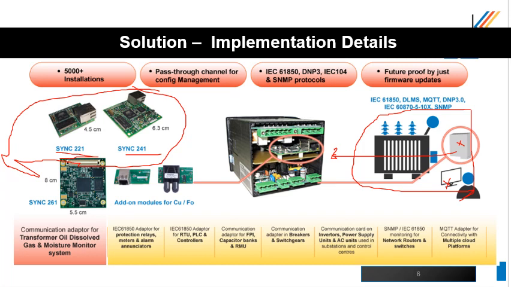So they choose the module based on their requirement, and it has a TTL interface for interfacing with the existing microcontroller. The TTL interface is used to interface with the existing microcontroller and exchange the data over Modbus,